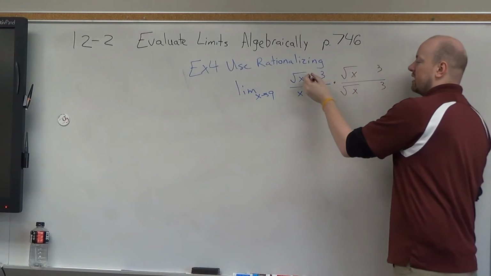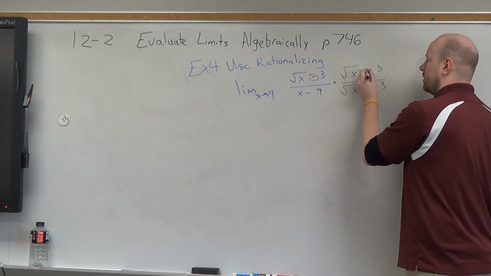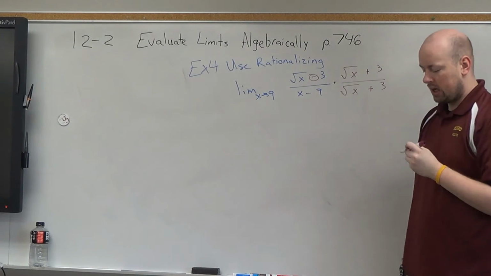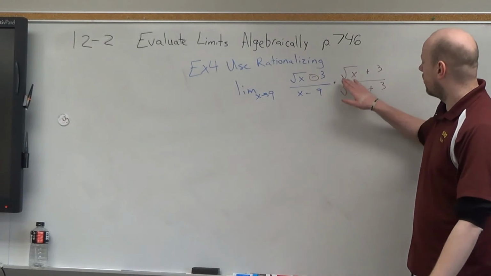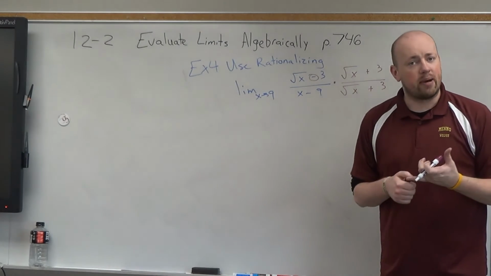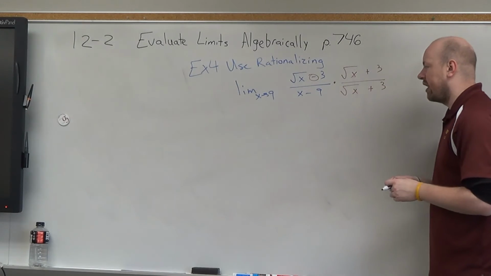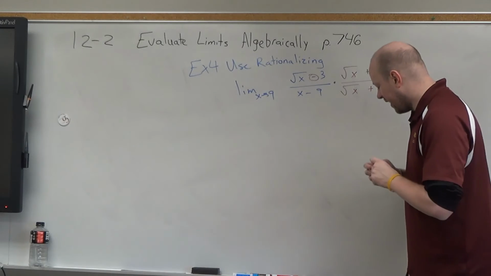Now I look at this value, and I always flip it. So this is a subtract, so I'm going to have plus signs. The reason I can do this is, again, square root of x plus 3 divided by square root of x plus 3 is the same on top and bottom, so it has to equal 1. So I can just multiply by that value without changing the integrity. And then now it's just a matter